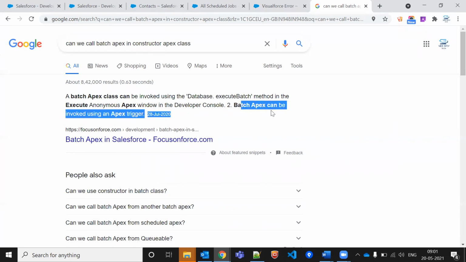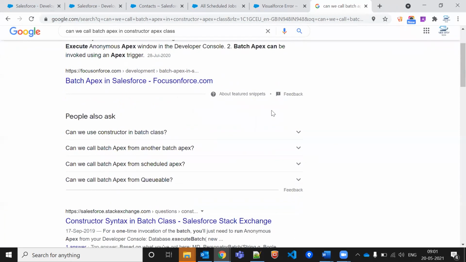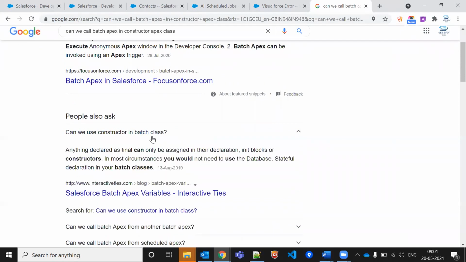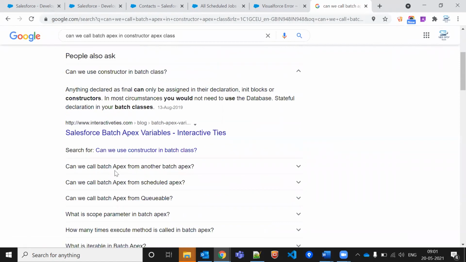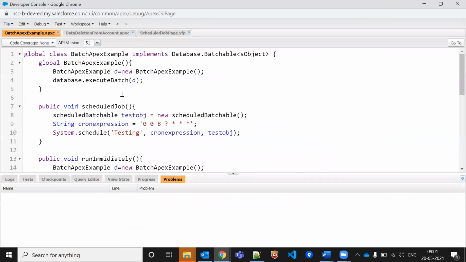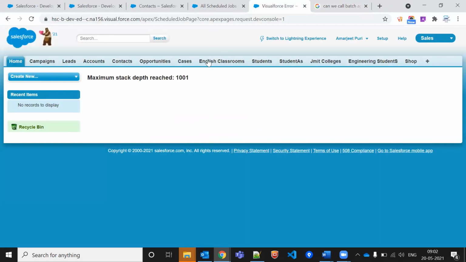It can be more complex. Can we call it in a constructor? No, that we can use, that is not an issue. Okay, I think we cannot call these things in the constructor.